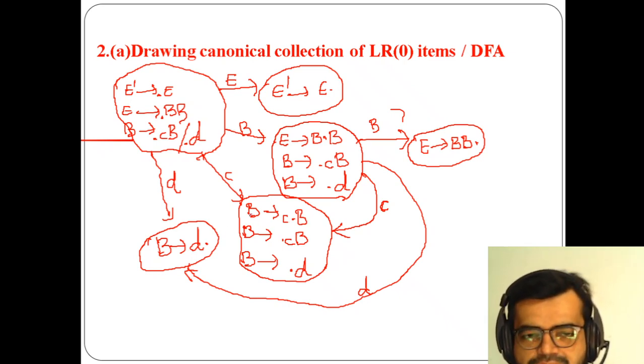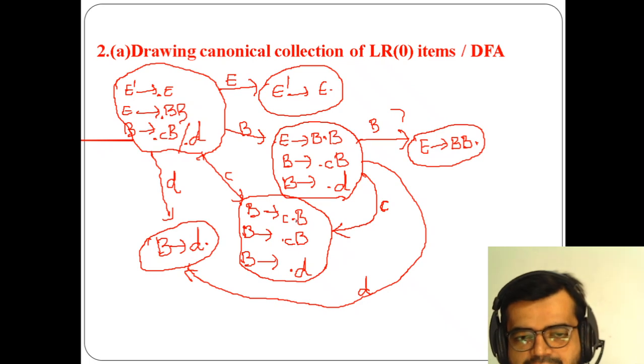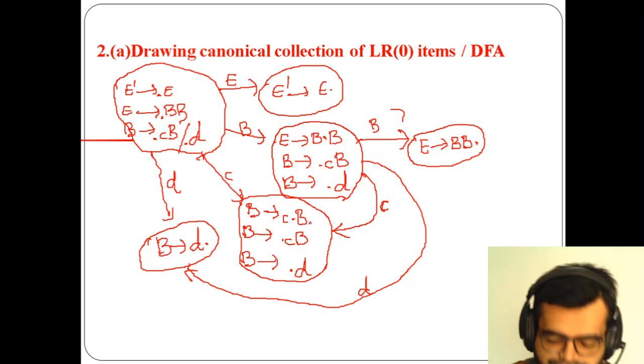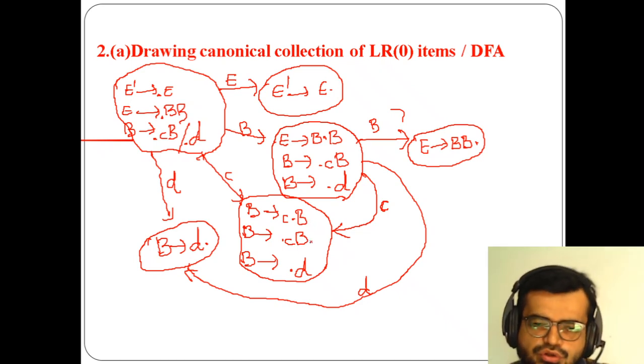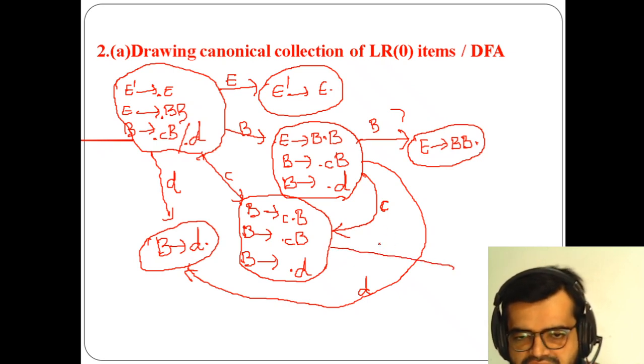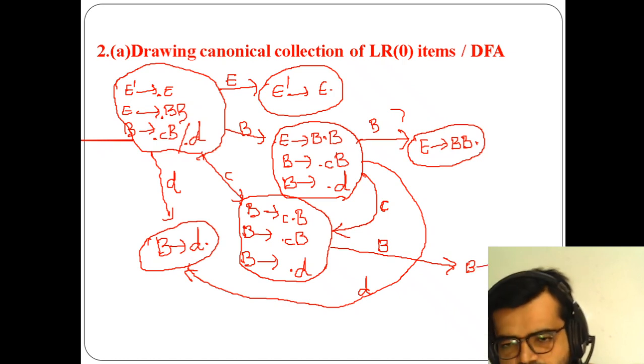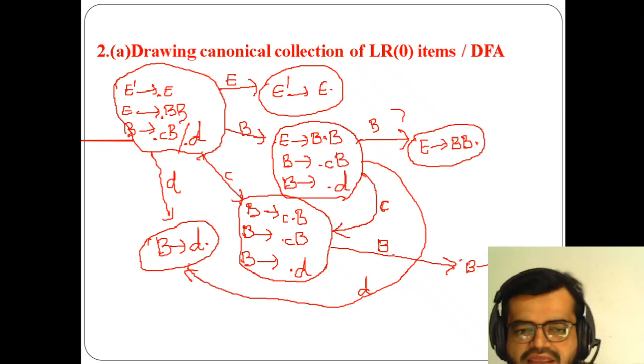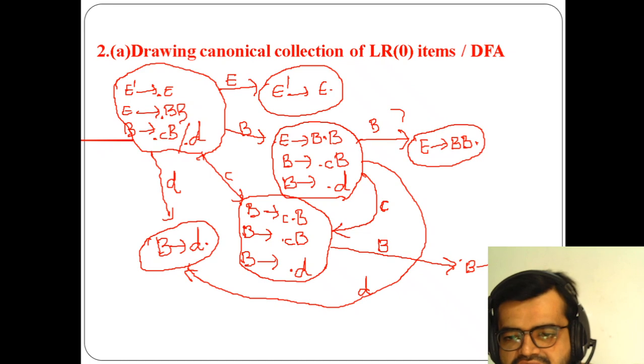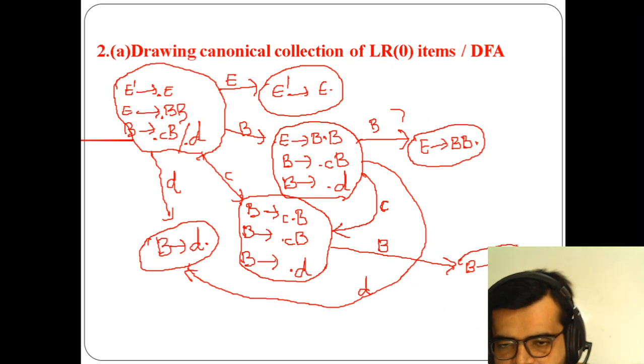If you go with this production B of C dot B, if I'm moving the dot again, CB dot. So if I'm moving B again, I have to take one line here. What am I moving? Capital B. B of small c capital B dot. Okay, as the dot is there, after the dot is there any terminal? No, there is no terminal, so no need of going for a new production. So here it is completed.